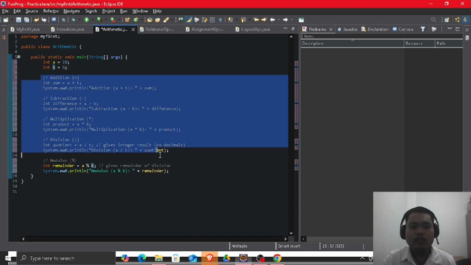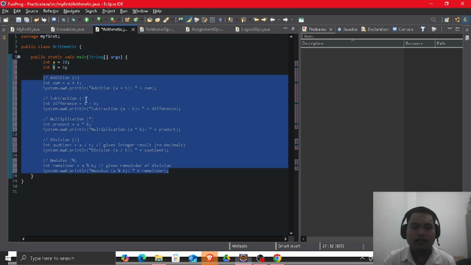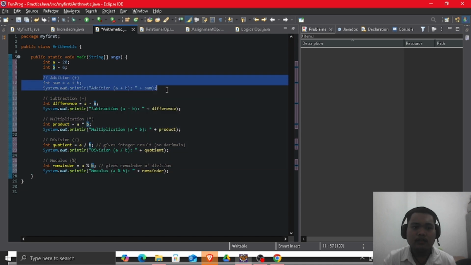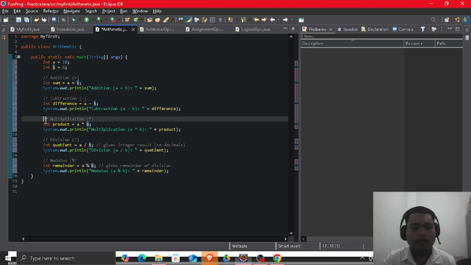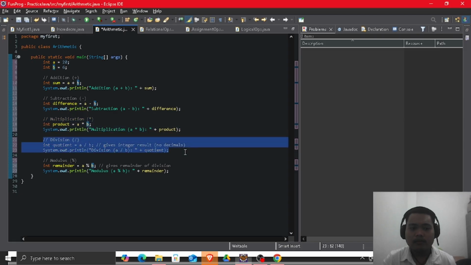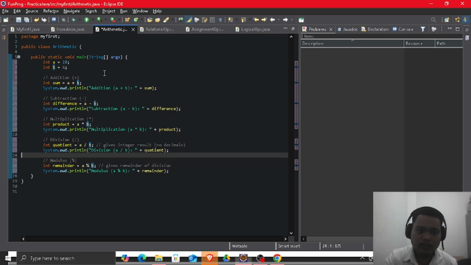Now, if you may notice, the program lines that I've highlighted include the addition for sum, the difference for subtraction, the product for multiplication, the quotient for division, and the remainder for the modulus. As you have noticed, these are all the arithmetic operations that I mentioned earlier. So if we run this program,